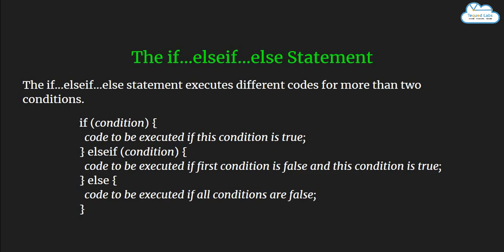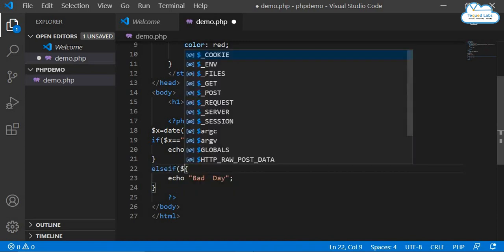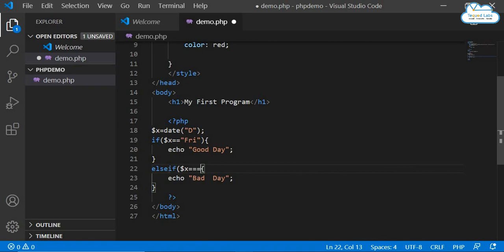So let me show you this. So here, let me just change it to $d for the day. Again, I'm going to use here Friday. Today is not Friday, so still I'm going to use Friday. So if it is Friday, then it is good day. If it is not Friday, then what I'm going to do, I'm going to create one more if here, else if. So this is the syntax of else if. Else if, again $x is equal to Sunday, right? So if it is equal to Sunday, again what you should do,